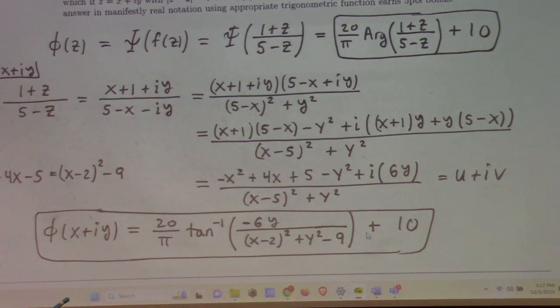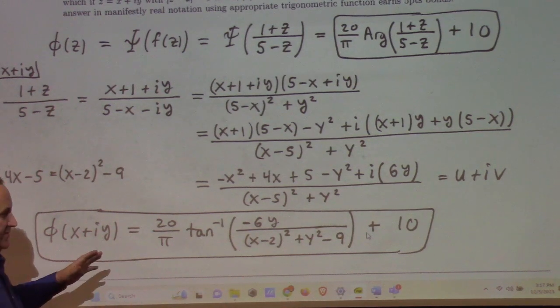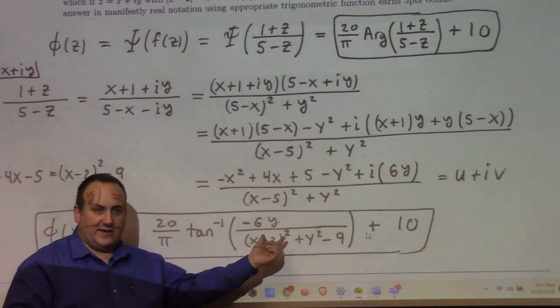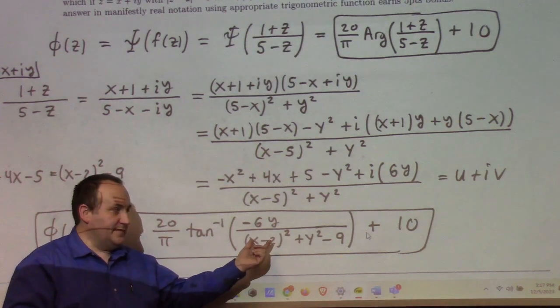And I think that makes sense because if you look at that, when you're on the circle, the denominator is going to 0, which is making you go to infinity, which means you're attaining the plus pi over 2, the minus pi over 2. And when that happens, well, when y is positive or negative, as you'd like. Like when y is positive,